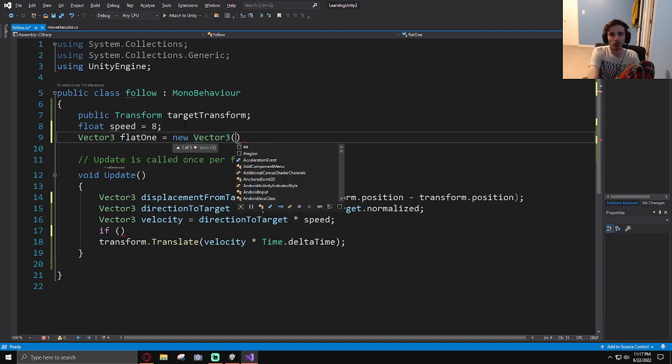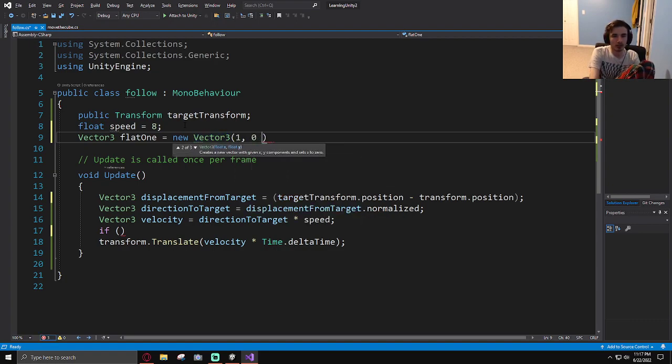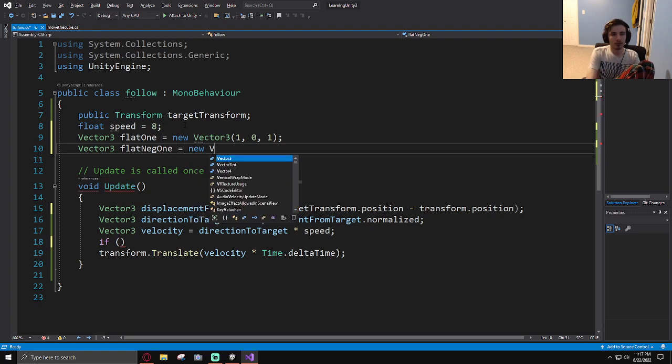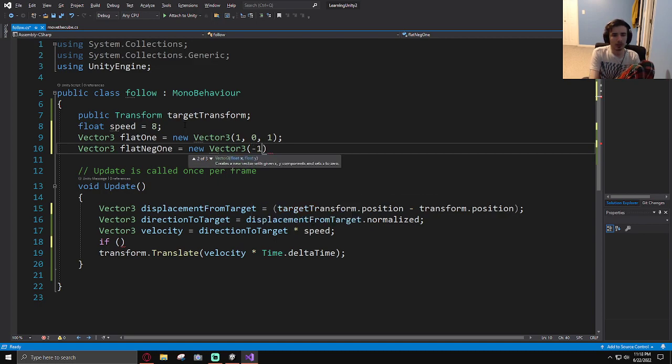This is not gonna work. I don't know what I'm trying to do. Flat negative 1: -1, 0, -1. Okay, then we do if